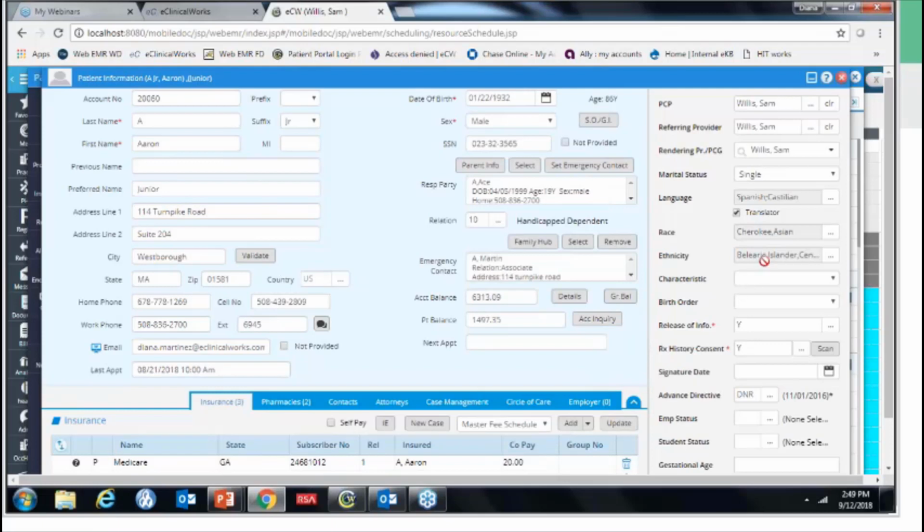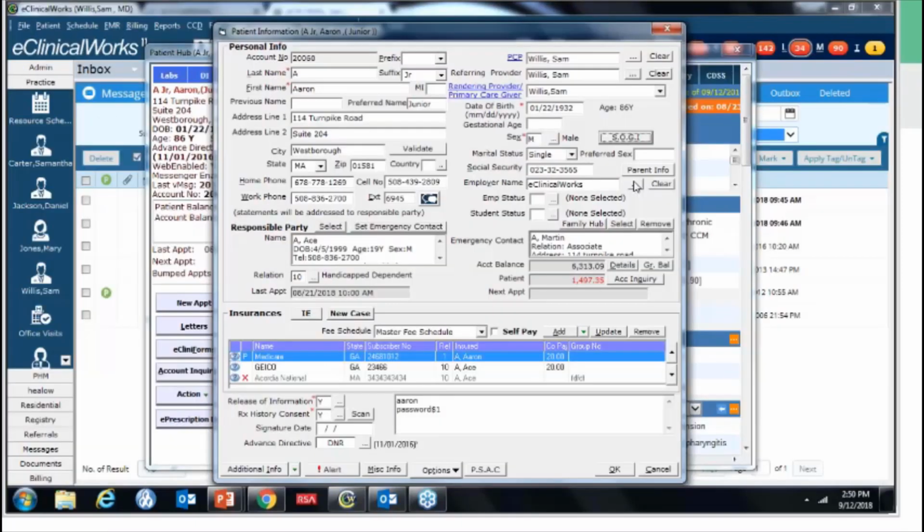And they've made it so that when you touch the race, ethnicity, or language, you'll see a little pop-up that shows the information on there. So I can read all of it without having to open that section. Your race and language are the same. Let's show